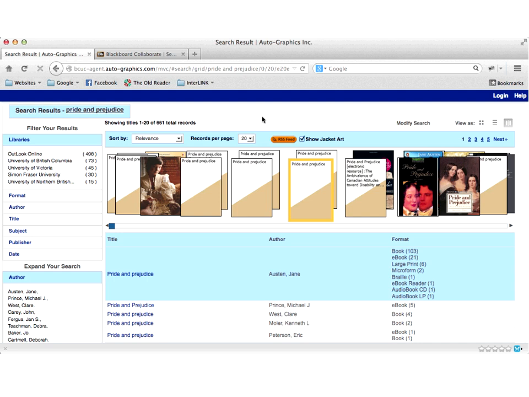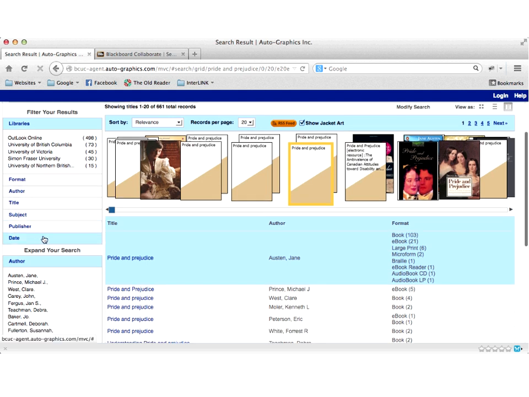If your library has a subscription with a jacket art company like Syndetics or one of the others, if you let us know about this, we can, instead of using the default Amazon feed, incorporate Syndetics or whichever other supplier it is. Now, on this search screen, as we scroll down, you'll see on the left side there